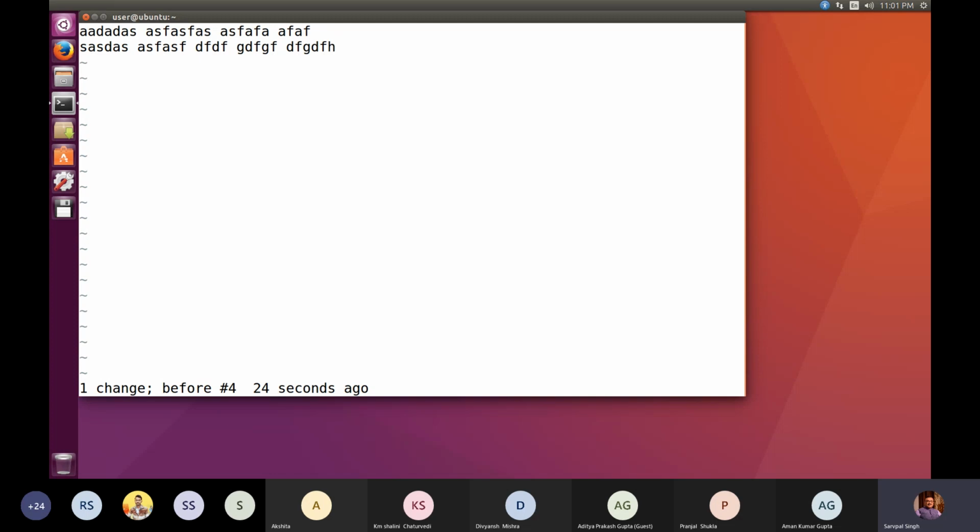Now I just wish to tell you how we can again type the content. I can simply press A. When I press A, look at the difference. Earlier when I pressed I, the insertion was allowed before H, but when I pressed A, append is allowed after the current cursor position.